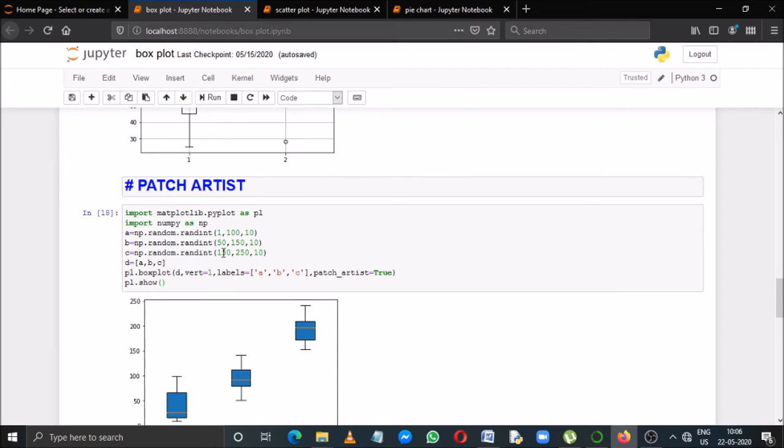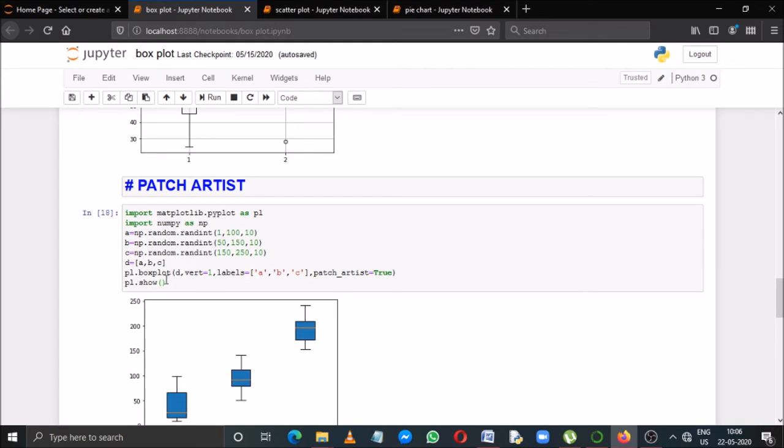Then for the third one, 150 to 250 with 10 points. And then I took a simple list called D and its elements are A, B and C. That means here I have created a list of numpy arrays. So D is a list and its elements are individually numpy arrays.